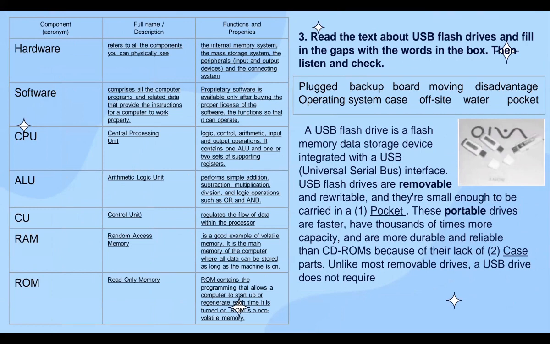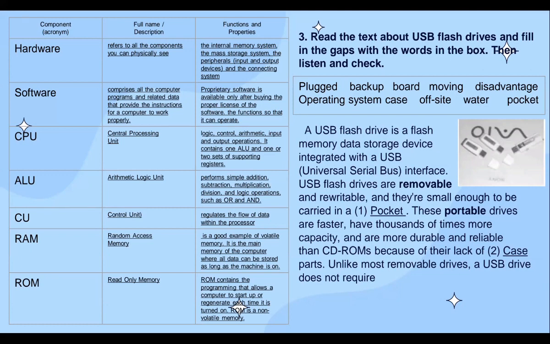There is an exercise here. Component: hardware. Full name or description: it refers to all the components you can physically see, and function and property are the internal memory system, the mass storage system, the peripherals, input and output devices, and the connection system. And number two, it's software. Full name or description: it comprises all the computer programs and related data that provide the instructions for a computer to work properly, and function and properties are